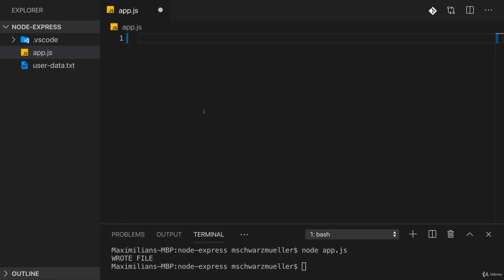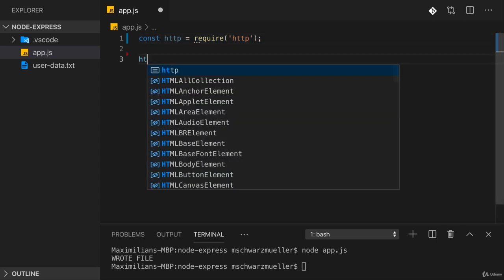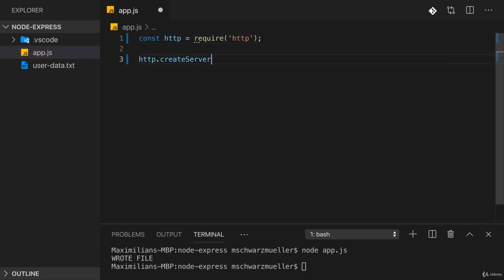We want to instead use Node.js to write a web application, specifically a web server, which we can use to send requests to and get back a response. To create such a server, we'll import another core module which is part of Node.js, and that's the HTTP module. The HTTP module allows us to create a server. It has a createServer method which we can call,